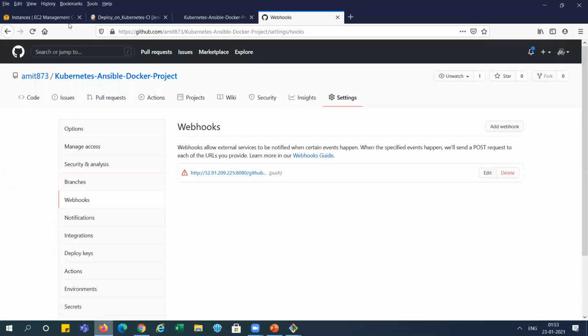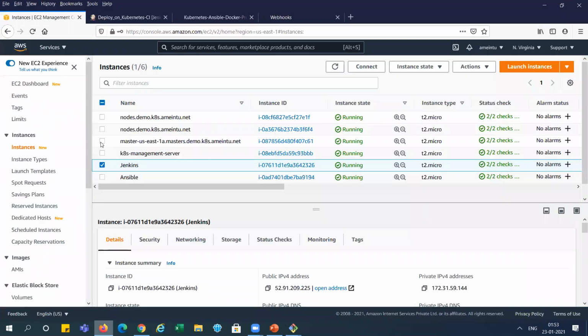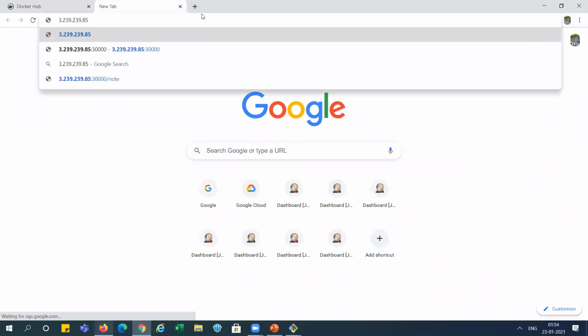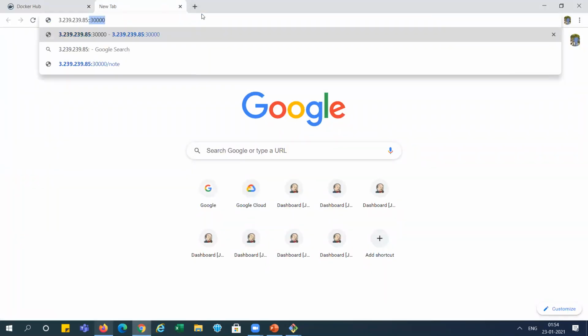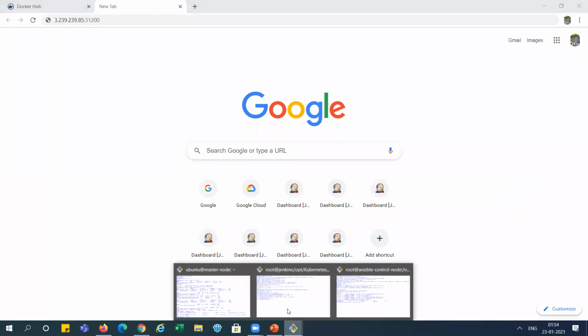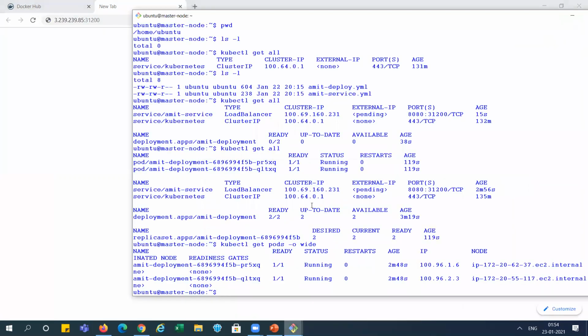We have an EC2 instance here. This is our master node public IP, so I'm copying it, and the node port 31200. I will show you where I'm getting it. See here, 31200.